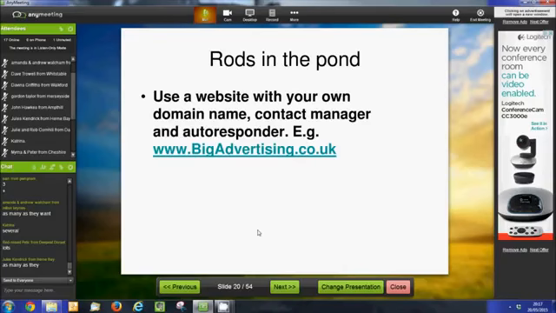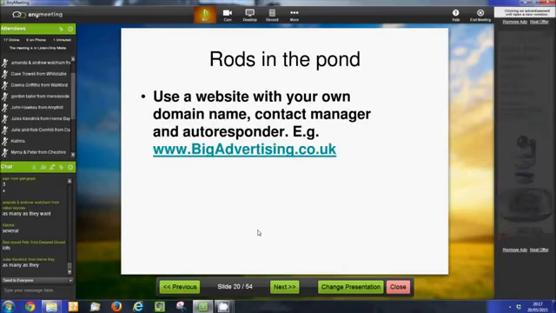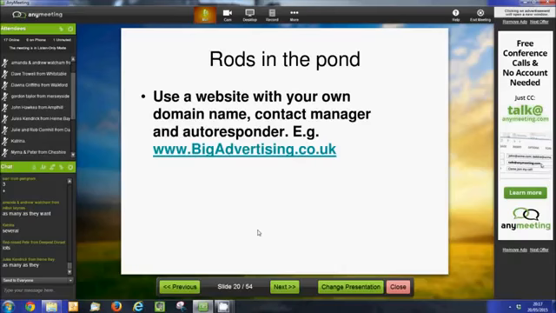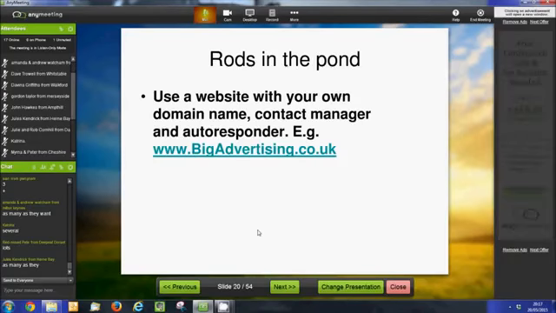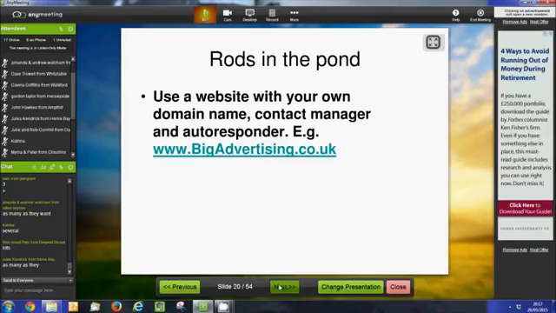There's some software that you'll find really useful, and there are a number of companies out there that do websites and contact managers. I've mentioned one there, Big Advertising, because I've used that in the past and I think they're quite a good company. But again, speak to your sponsor or your upline who is actively team building, because they will be able to support you, and they would suggest whatever they're using. It makes sense to do the same so they can support you with any technical help you need.